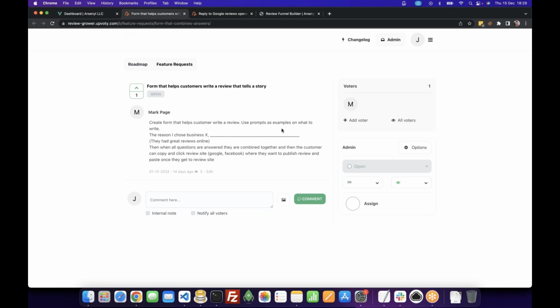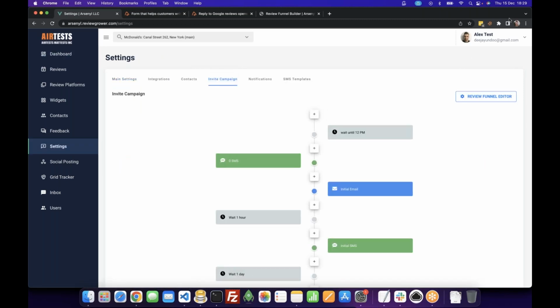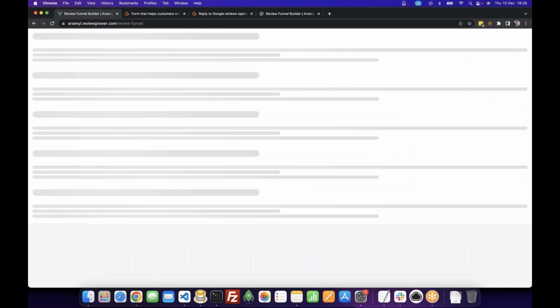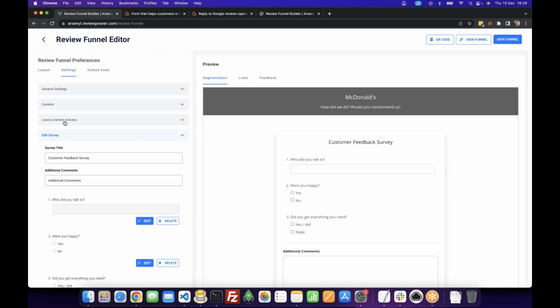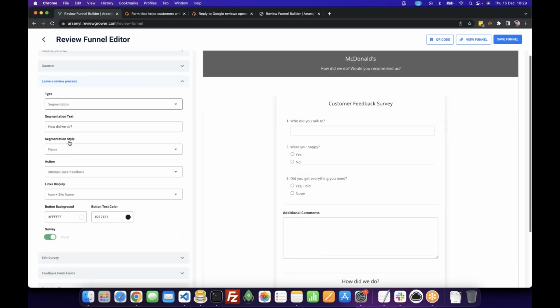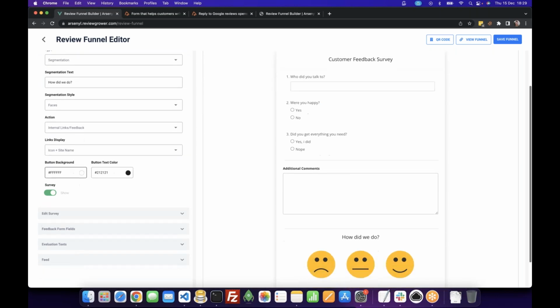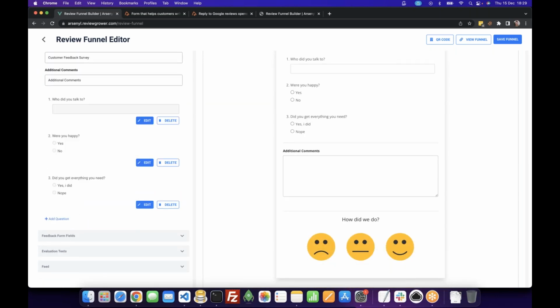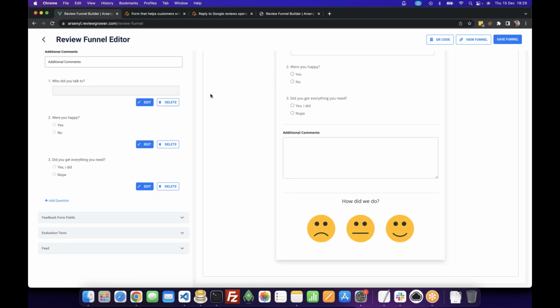So what I was thinking about this is the survey that we built in not too long ago in the review funnel. You now have the option to enable or disable the survey in the leave a review process. And then when you edit that, you can add as many questions as you want. And when that is enabled,